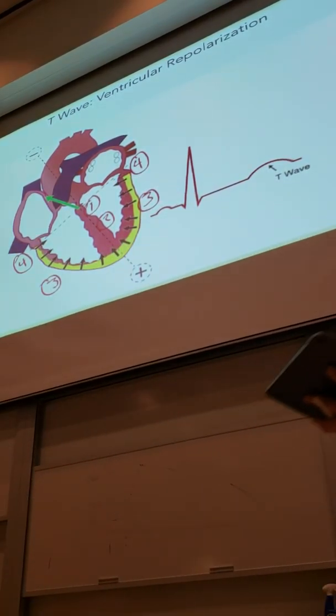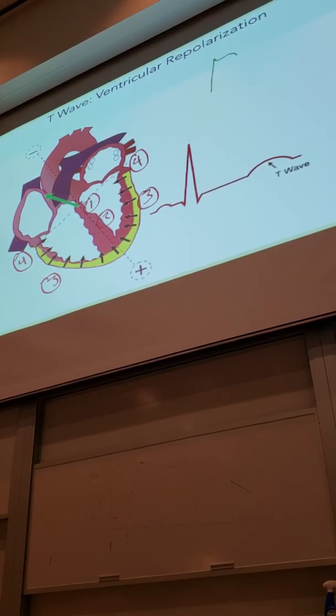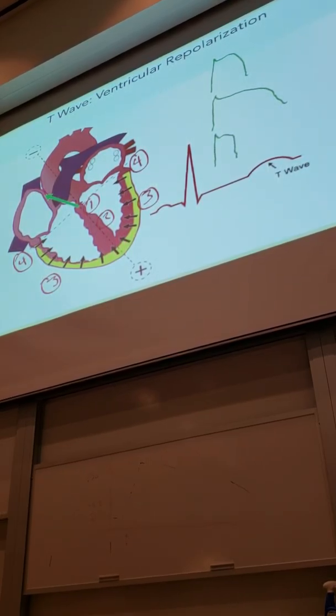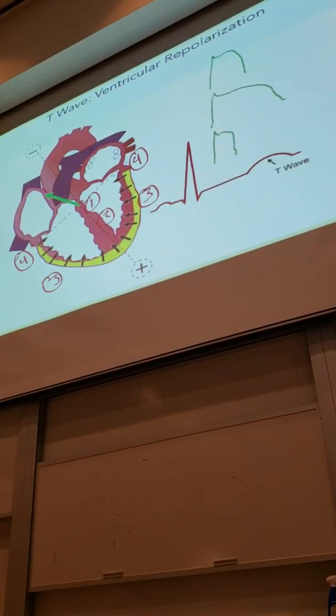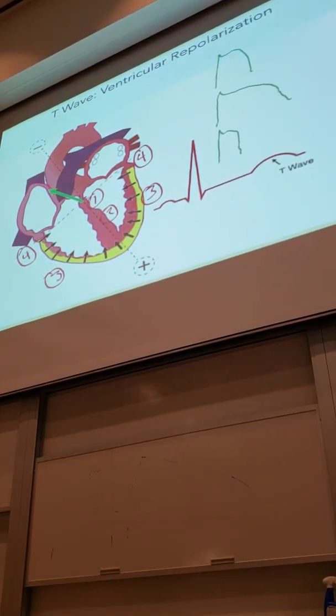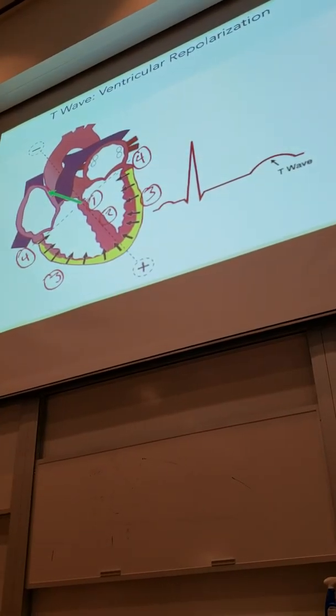All of these cells have an action potential that looks a little different. So some have action potentials that look like we described. Others are longer. Others are shorter. And it's different throughout the heart. So what happens here with ventricular repolarization is that some of these cells that just depolarized